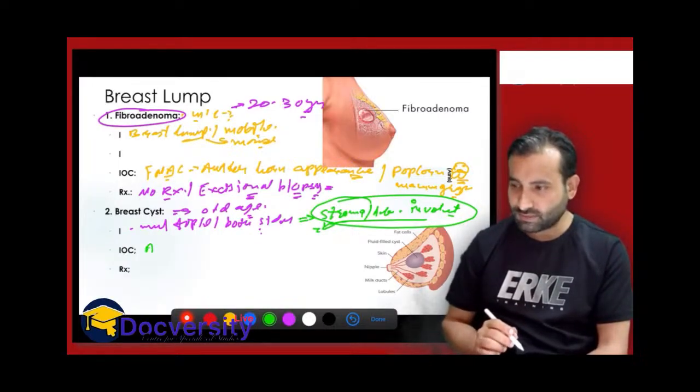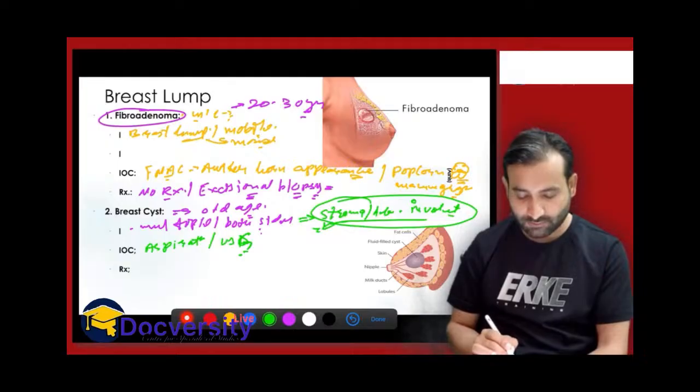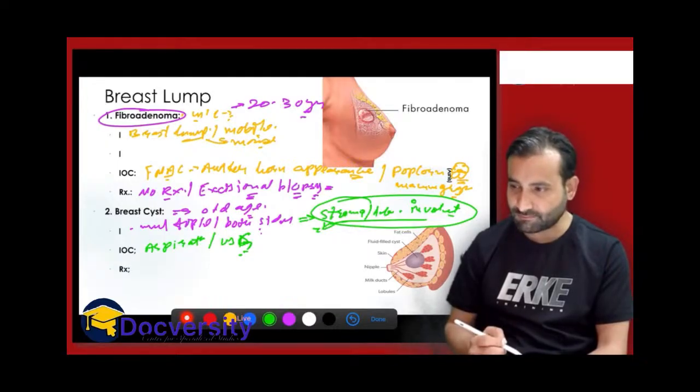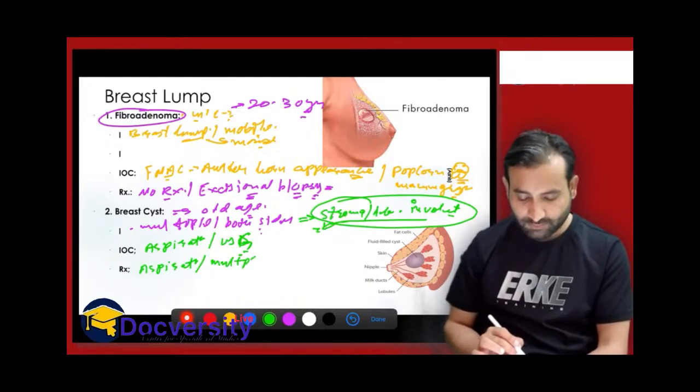So the investigation of choice is aspiration and/or USG. Aspiration of cyst and/or you can do the USG, right? So this is the investigation of choice question in the exam, right? And the treatment is you can do the aspiration if it is a single cyst, and if there